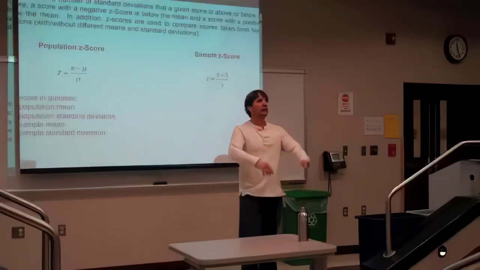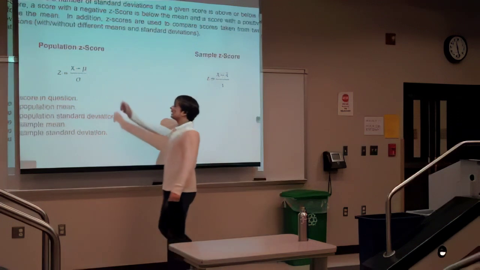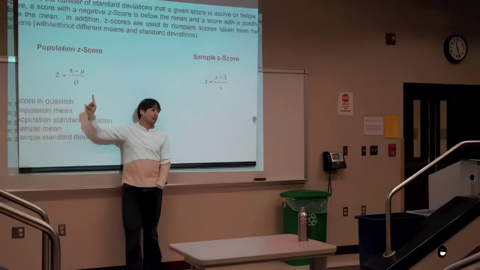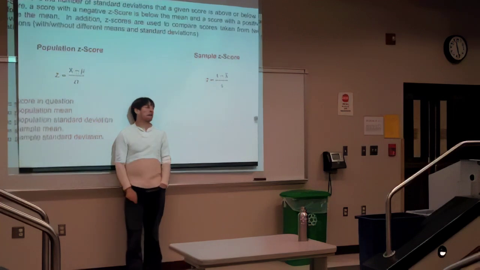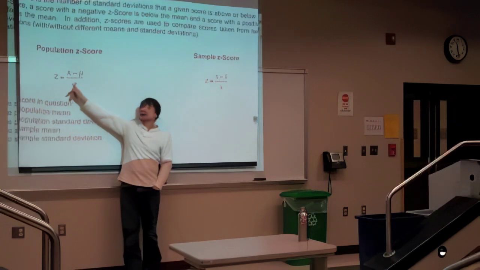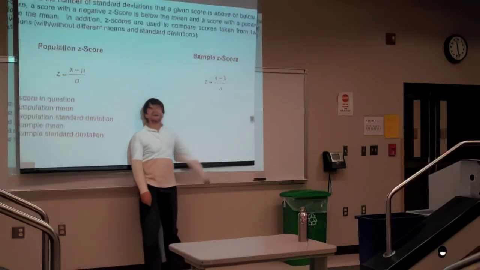Right, now these are the formulas for the z-score. We do have two different formulas for population and sample, but they are identical. If you don't pick the right one, you're still going to get the same answer. So we take our score, we subtract the mean from it, and then we divide by the standard deviation. So remember, population mean is mu, population standard deviation is sigma, sample mean is x bar, sample standard deviation is